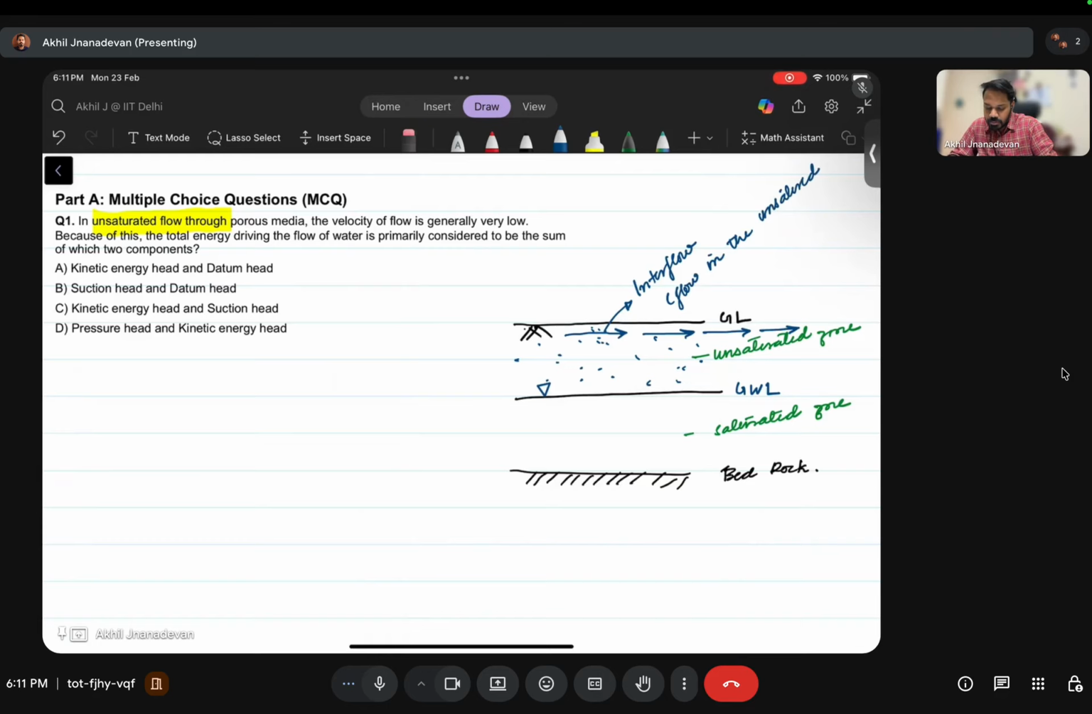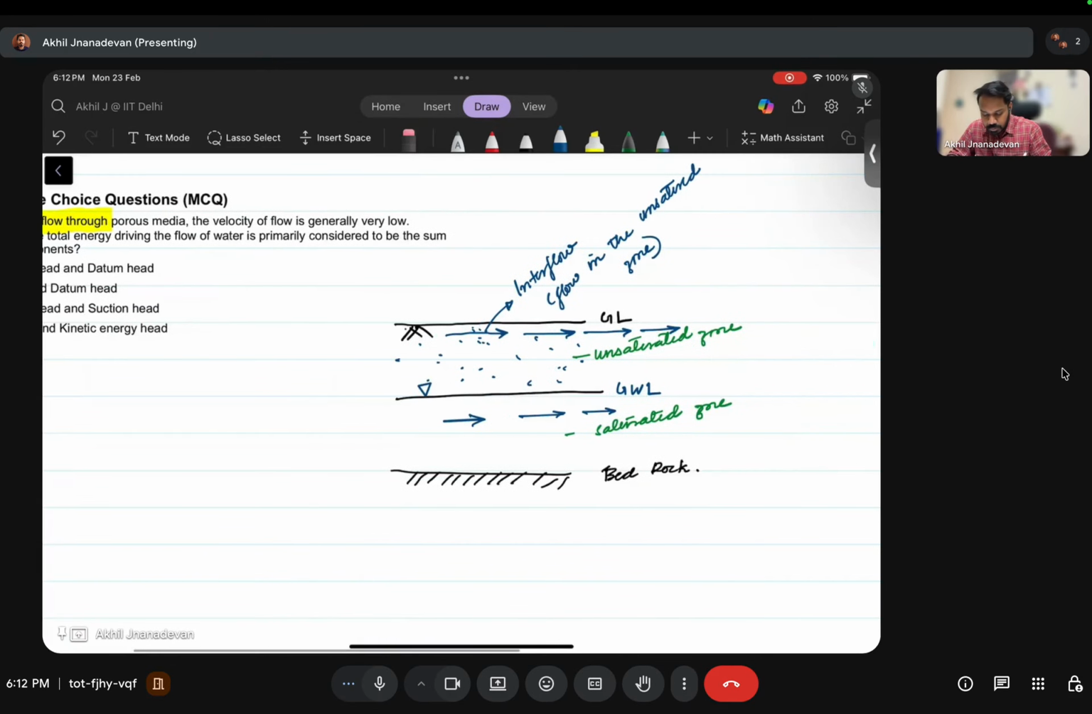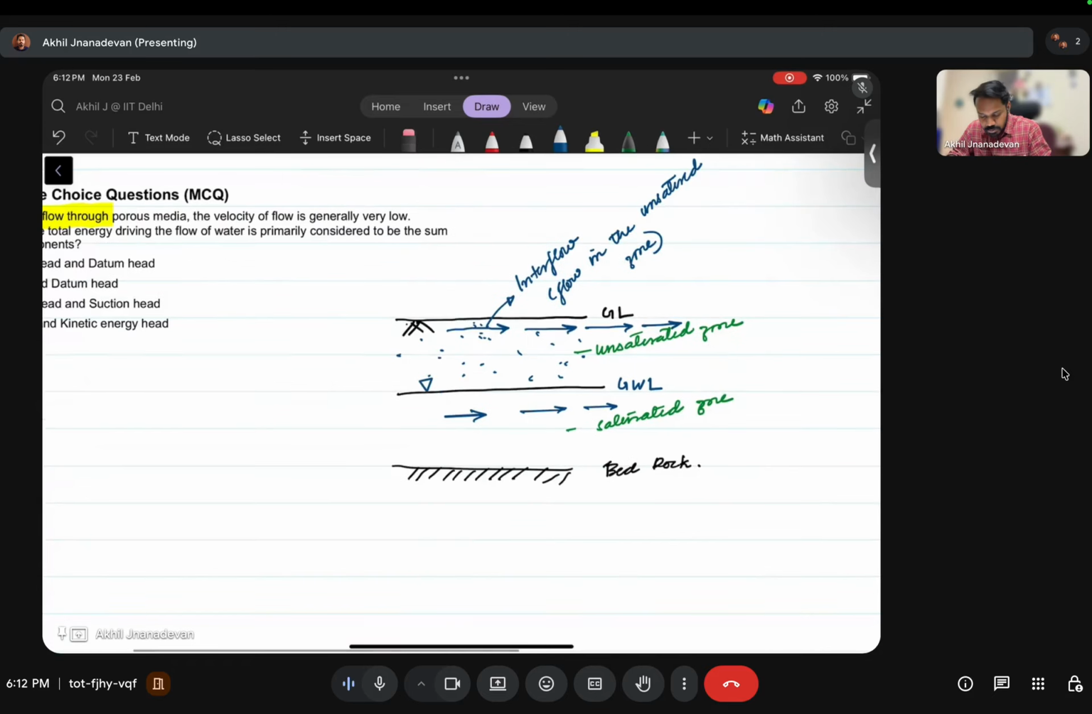Unsaturated zone. And then we have the groundwater flow, right? So that is when there is a gradient difference. When there is a gradient difference in the groundwater levels, the groundwater will flow from the higher gradient to the lower gradient, right? And this will be reaching a stream. If this groundwater level meets a stream or a river,